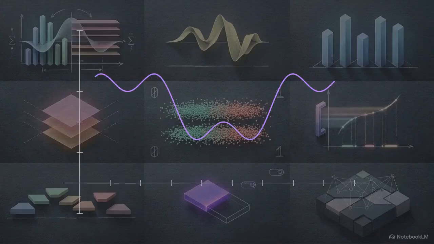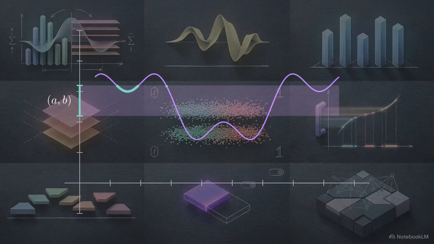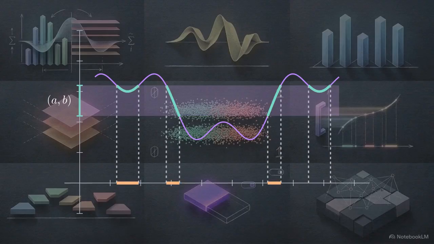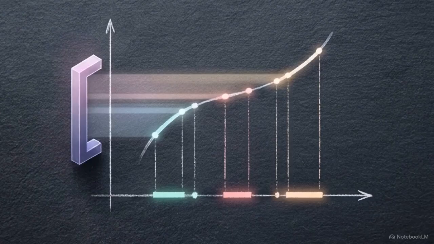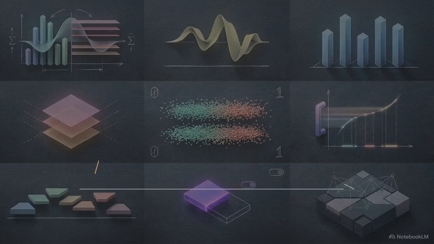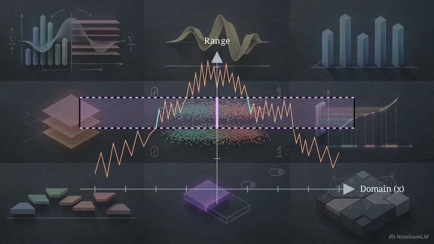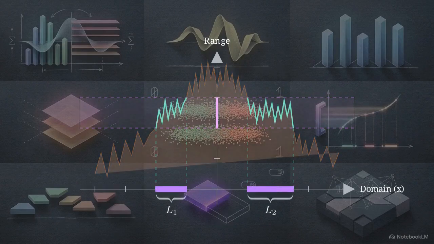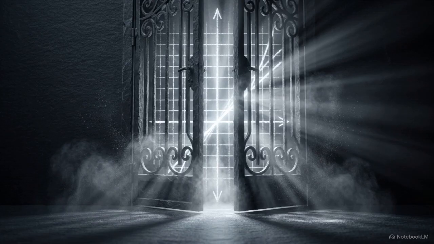We analyze the function by selecting an interval of outputs on the y-axis. We trace this interval backward to see where it intersects the curve. When we drop these intersections to the x-axis, we identify the pre-image, the set of inputs that produced those specific outputs. A function is measurable if the pre-image of any open interval on the y-axis results in a measurable set on the x-axis. This rule ensures that no matter how the function behaves, the sets of points we project onto the domain will always have a well-defined mathematical length. Measurable functions act as the gatekeepers, restricting the theory to geometries that can be mathematically weighed.